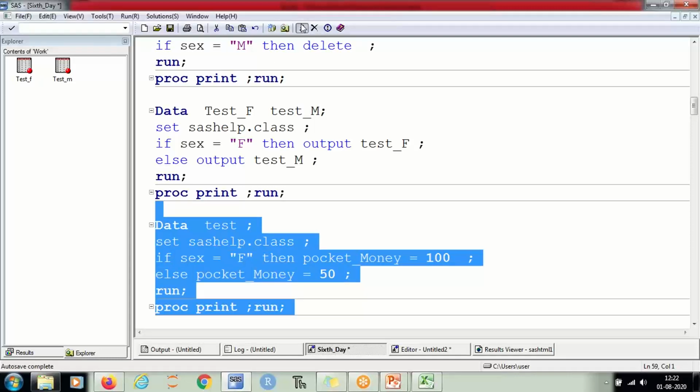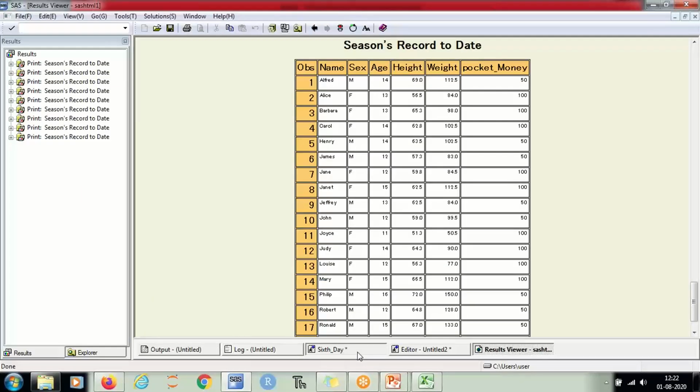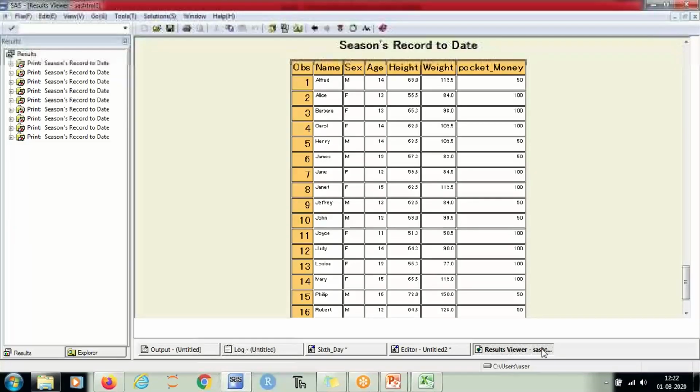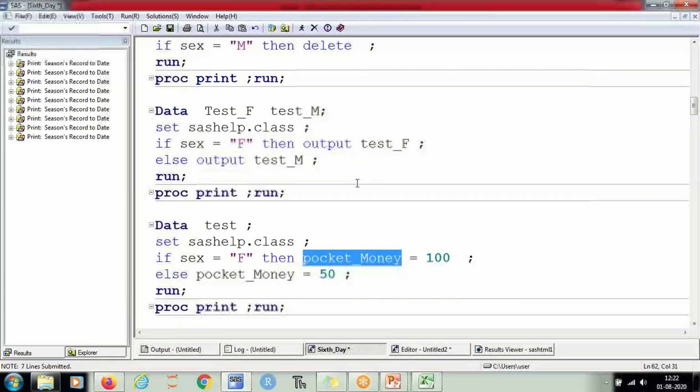If gender is equal to female, then pocket money is equal to 100, else pocket money equals 50. And then you can see 50, 100, 100, 100, 100, 50, 50, 100, right? This is how you can write the conditional statement.